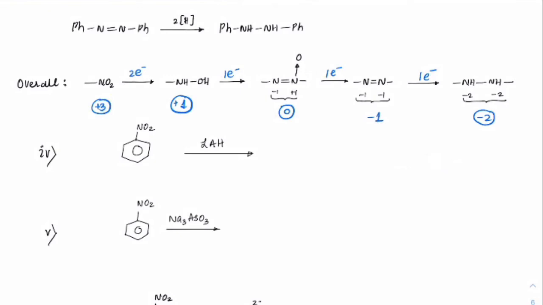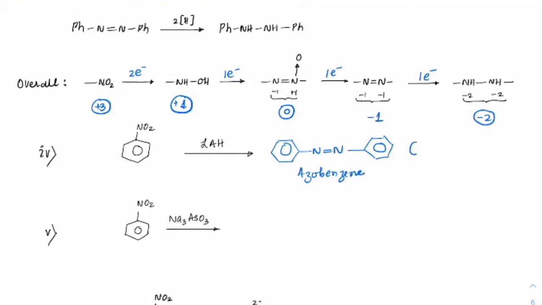But in the case of aryl groups, it will form this coupled product. So we will get this as N double bond N, and this. No mechanisms are needed for these questions. You just need to know their oxidation states and how many electrons are involved. That's all. The product is azobenzene,